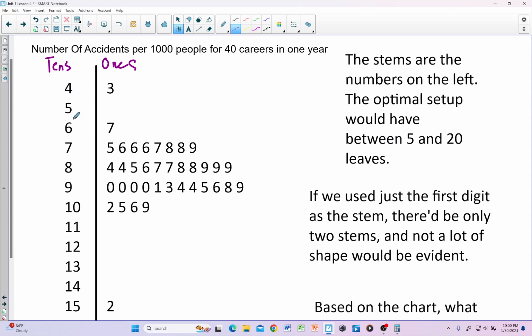Too few leaves, and all your data just ends up in a big row. Too many leaves, and you end up like you would with a dot plot, where you have lots of buckets and only a couple points in each bucket. So we try to aim for, if we can, between 5 and 20 leaves. Okay,